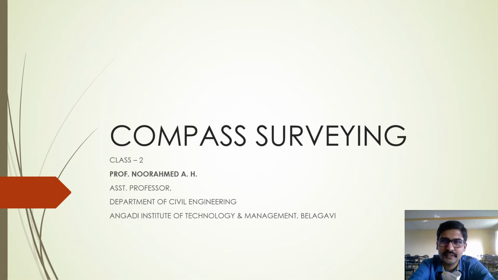I forgot to mention the another name for quadrantal bearing system, that is reduced bearing. Another name for quadrantal bearing system will be reduced bearing, and whole circle bearing has got another name, azimuthal bearing, right? So whole circle bearing WCB and quadrantal bearing QB or reduced bearing RB. And when it is whole circle bearing, you remember that it is with respect to north measured in clockwise direction. So quadrant doesn't play any role in whole circle bearing system, but whereas in case of quadrantal bearing system, the quadrants play very important role.